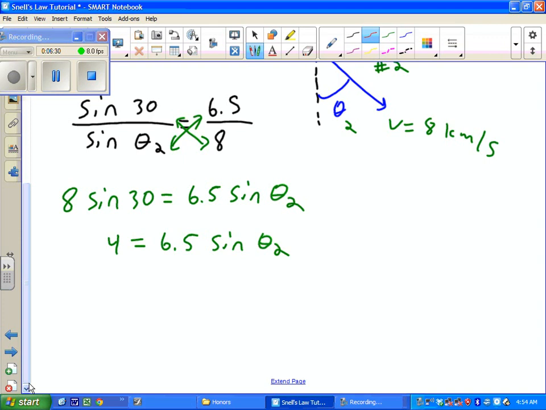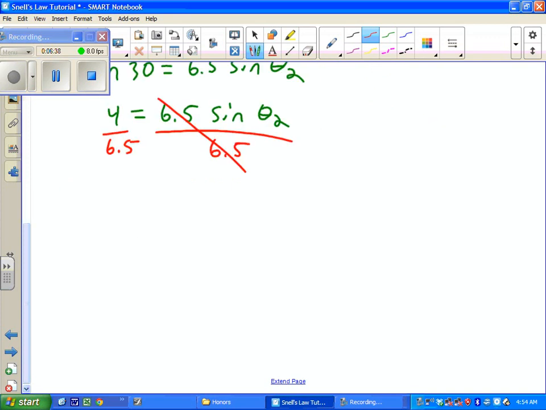I'm going to divide both sides by 6.5. And so I have sine of theta equals 4 divided by 6.5, which is